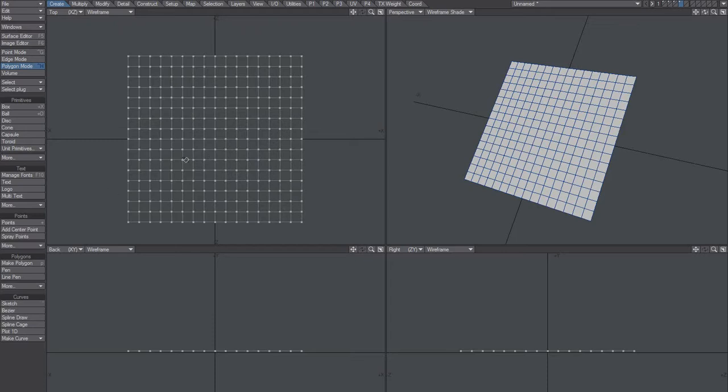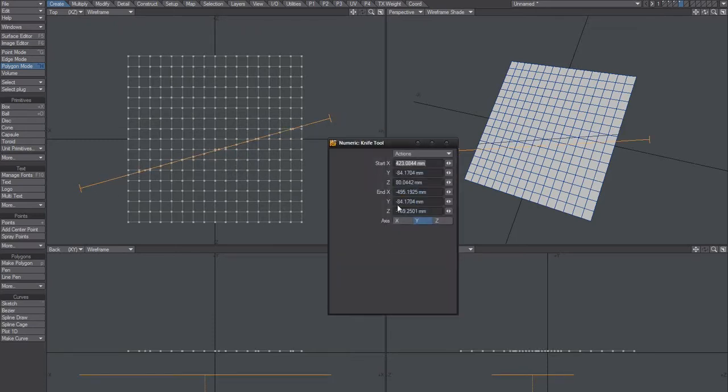Creating parallel cuts. Well, I do wish I could do this having an option here, parallel cuts, and then add millimeters distance and how many cuts. But okay, so you make a cut and it looks all nice, but you want to create parallel cuts. One way to do it is actually to